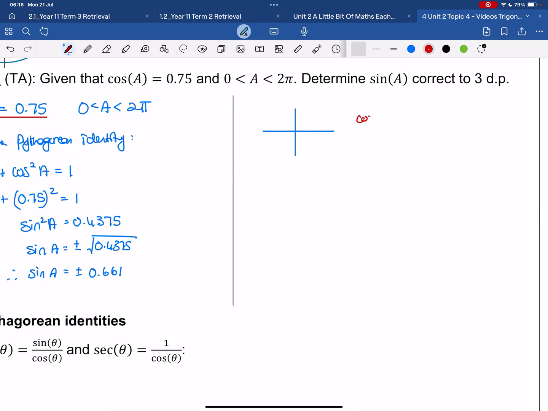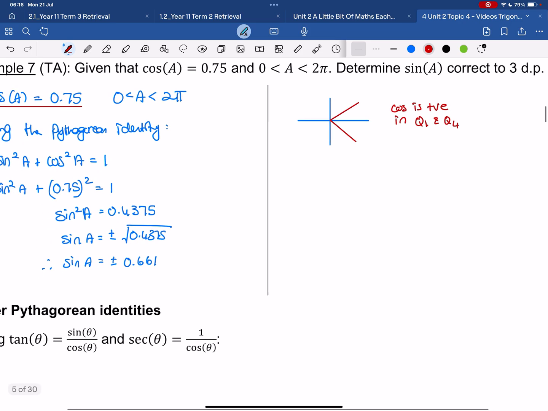So cos is positive in quadrant 1 and quadrant 4. Okay? And when I then link it to these two solutions, so therefore